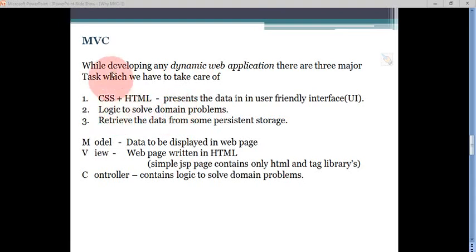So we have to write the logic for the domain problems, and we also retrieve the data from some persistent storage, because above 90% of dynamic web applications are data driven applications.